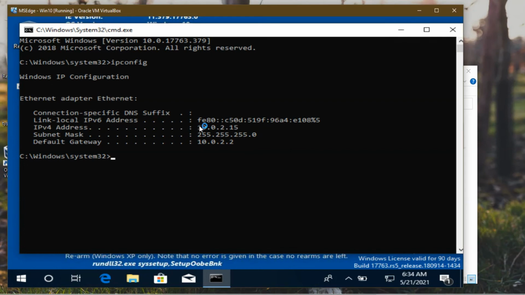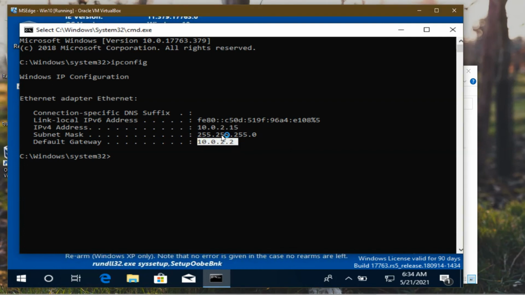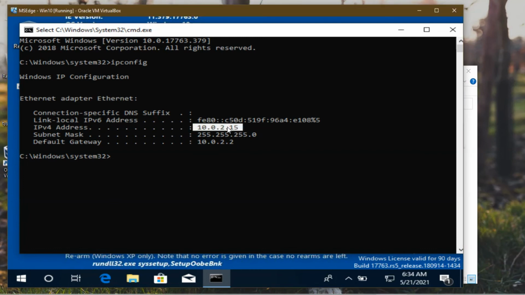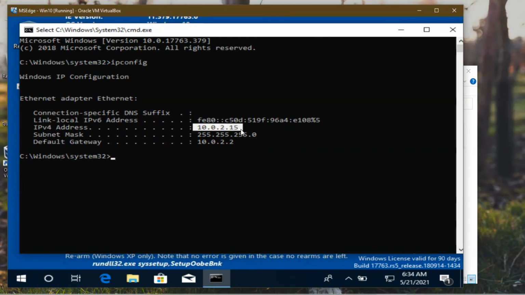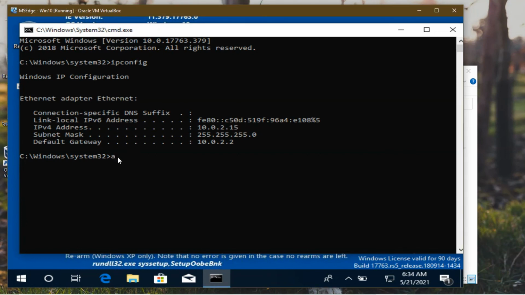This is my IP address. This is the gateway, the router IP address. The virtual machine created this IP address for this Windows 10. If you want to see the details, type arp -a.